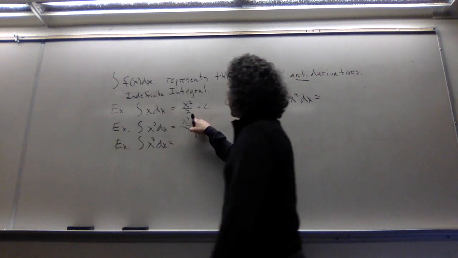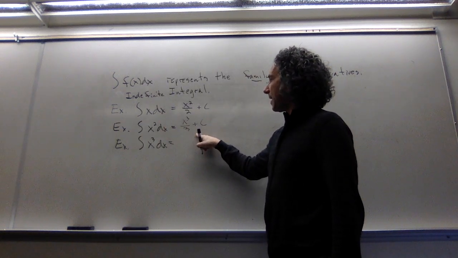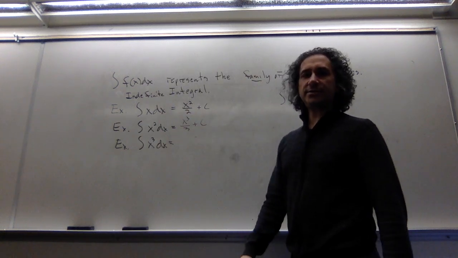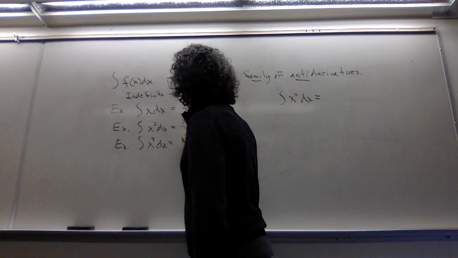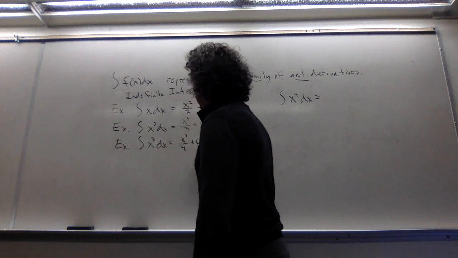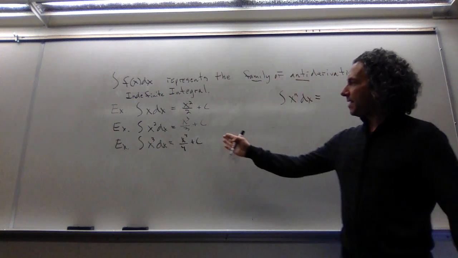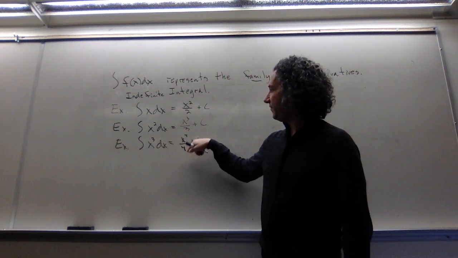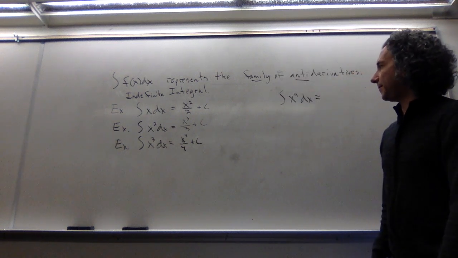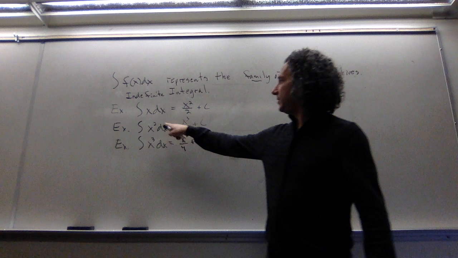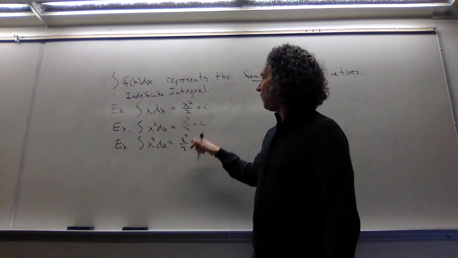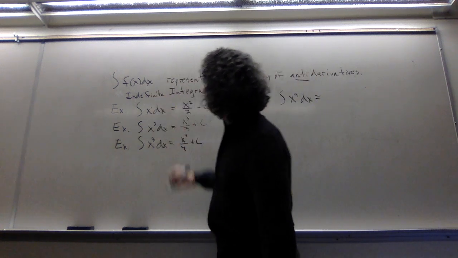Hopefully you wrote x cubed over 3 plus c, because the derivative of x cubed is 3x squared, the 3's cancel. And x to the 4th over 4 plus c. Again, the 4 comes down if we take the derivative, and we're left with an x cubed there. So if we look here, it looks like we have a pattern. The 2 becomes a 3, the 3 becomes a 4, and if you think about it, there's a hidden 1 here.